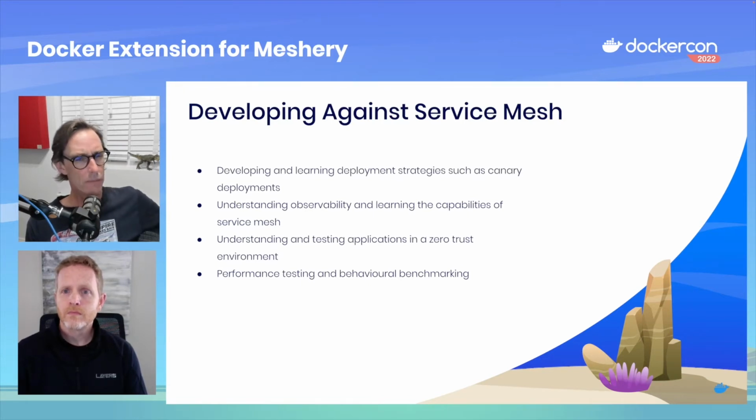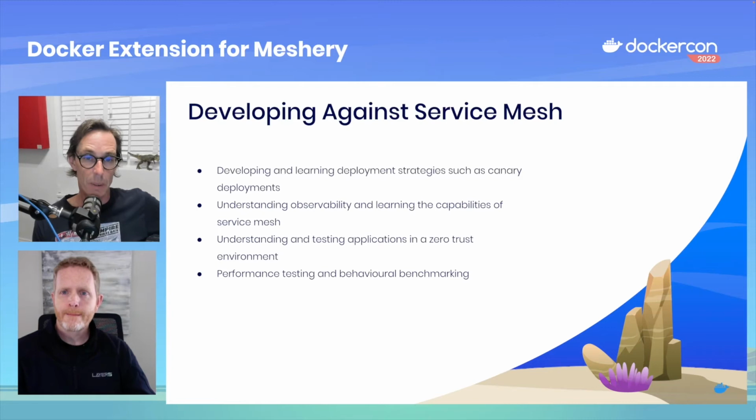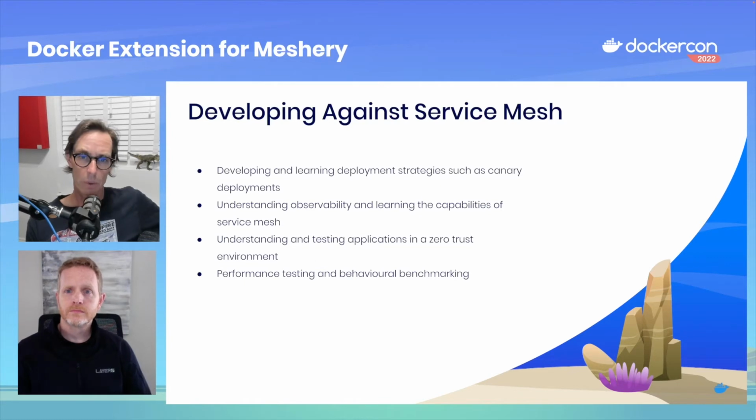I think observability is one of the real big things that service mesh brings. There's a multitude of metrics emitted because all your network traffic is flowing between these sidecars, and understanding what they are and which metrics are important to you is a really important learning capability. And then you've got to think about the zero trust environment that the service mesh gives. You can't take for granted that a network connection is going to be available. You could think about externalized connections and zero trust.